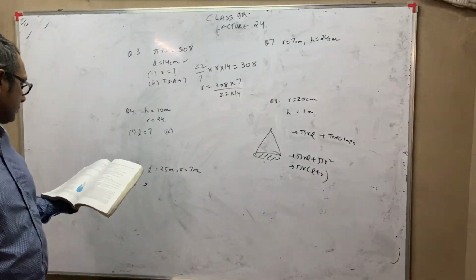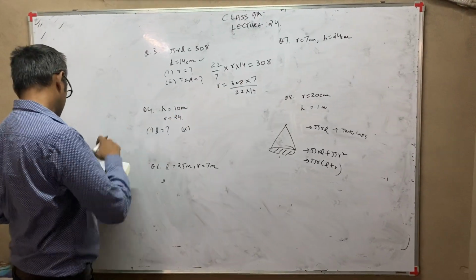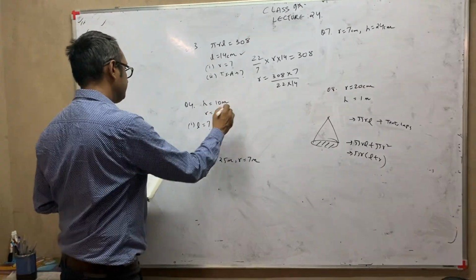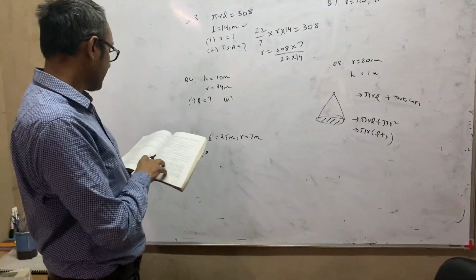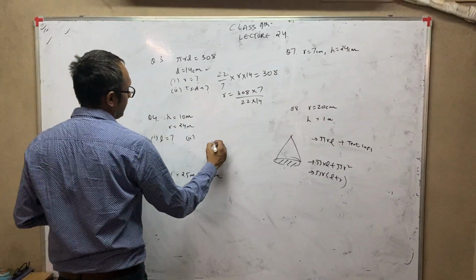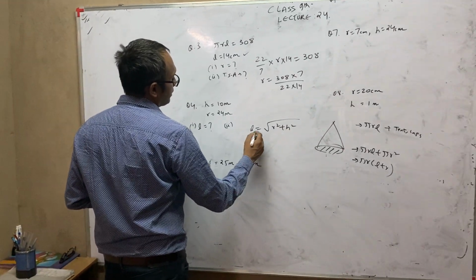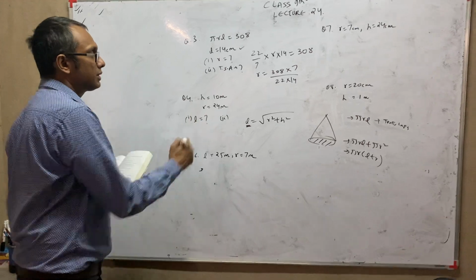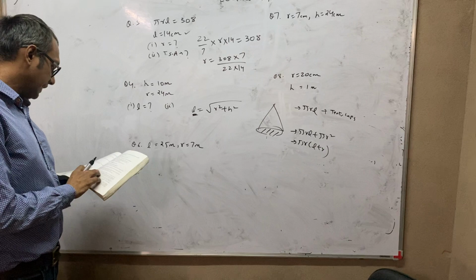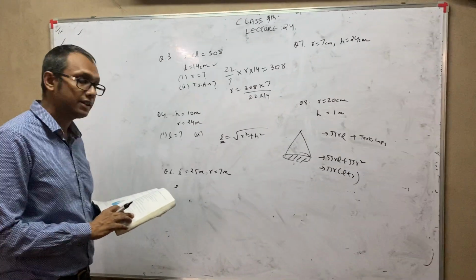This is question number 3. Now let us look at question number 4. A conical tent of 10 meter height and radius of the base is given 24 meters. Find the slant height of the tent. First step. Slant height, as you know, the other day we had discussed, l is equal to root of r square plus h square. So this is the slant height. R and h is given, so you can easily find out the slant height. And cost of canvas required to make the tent, if the cost of 1 meter square is rupees 70.